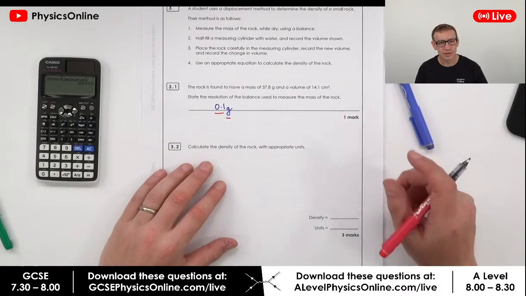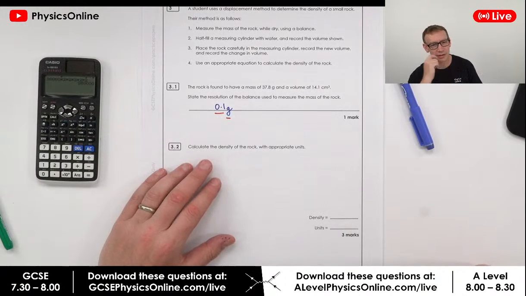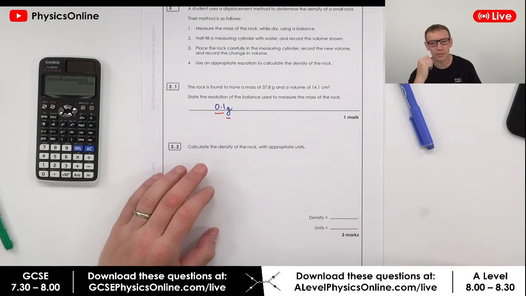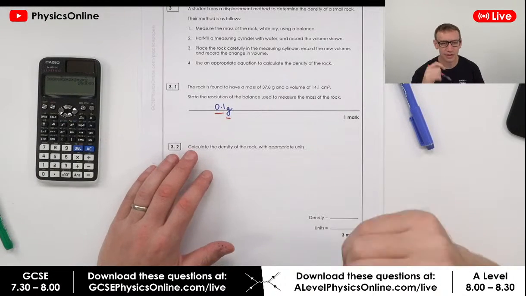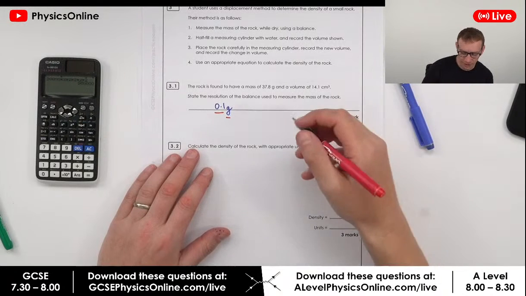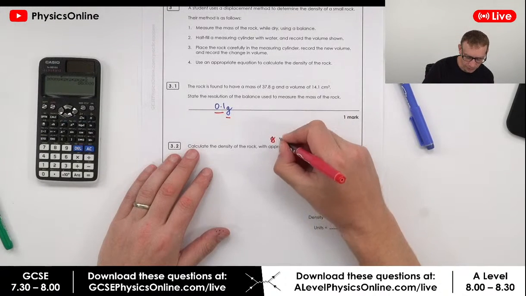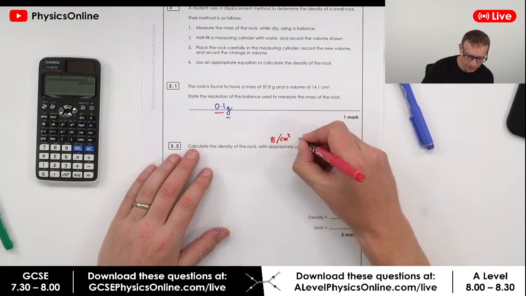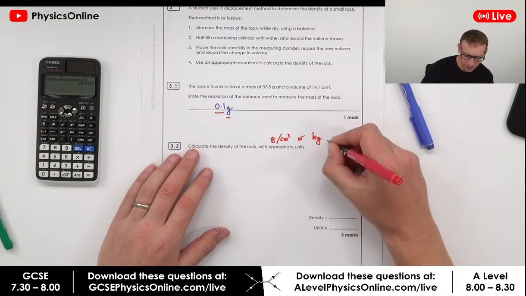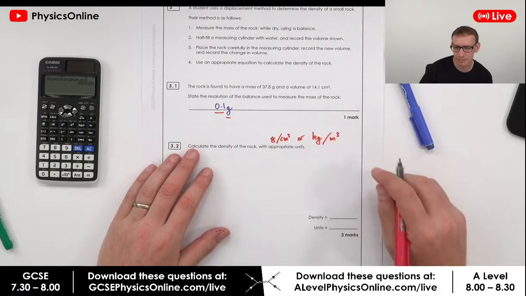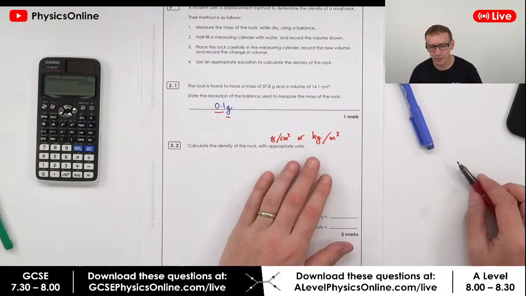The next thing we're going to do is calculate the density of the rock with appropriate units. I would say the appropriate units could be grams per cubic centimetre, or they could be kilograms per cubic metre. Now, both of these,